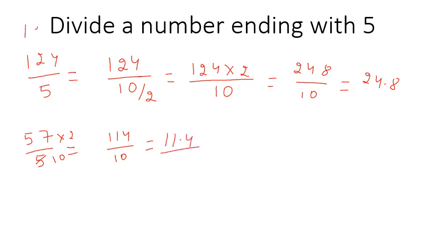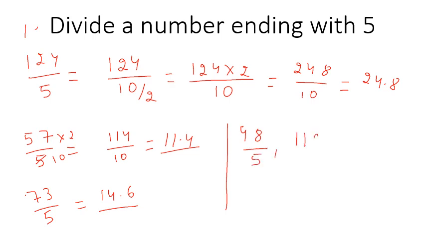Okay, so this is your answer. Let's take another example, 73 divided by 5. What will its value be? 6.14. I hope that till now you are able to do these calculations mentally. You can do further calculations also. For example, find the value of 48 divided by 5, 119 divided by 5,